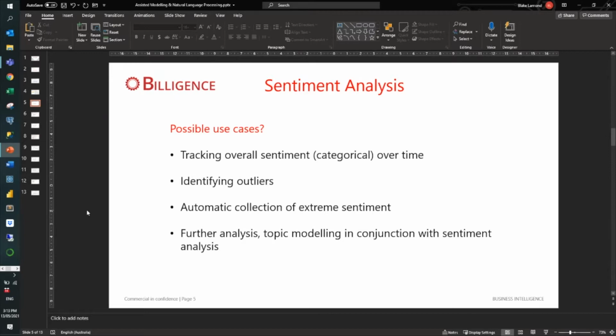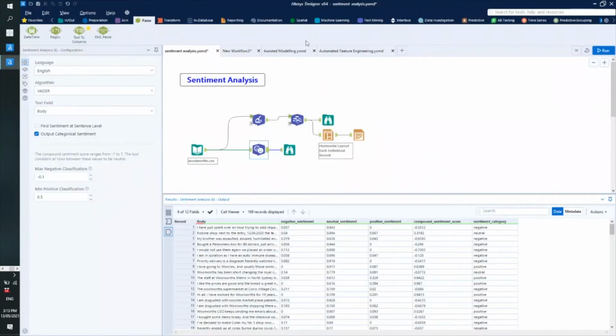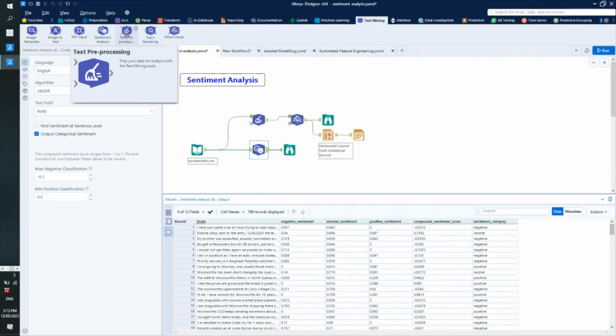That can be complex in terms of interpretation, how you actually understand the results, but they can be very powerful used altogether in conjunction as well. But on the other end of the scale, and perhaps you've seen this before, is the word cloud visualization. Even before I get to that, it's worth mentioning in passing the text pre-processing tool. This can help you clean up punctuation and also adjust the language slightly. I won't go through this in too much detail, but you can remove very common words